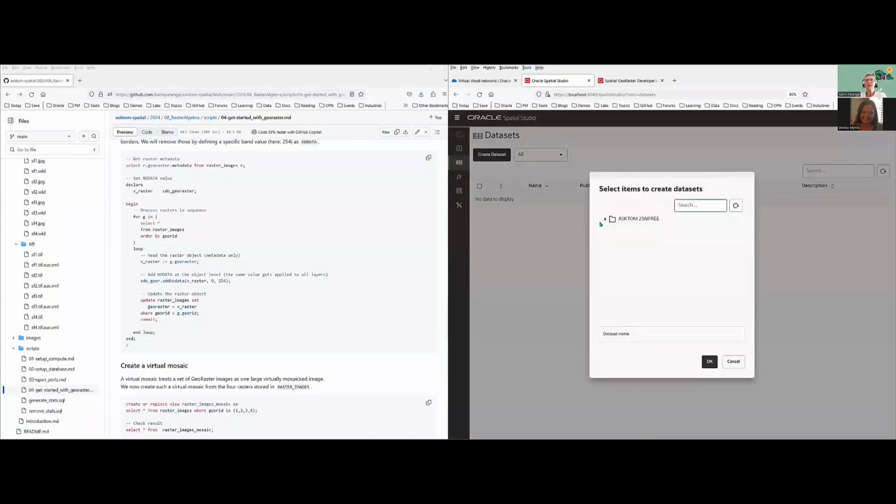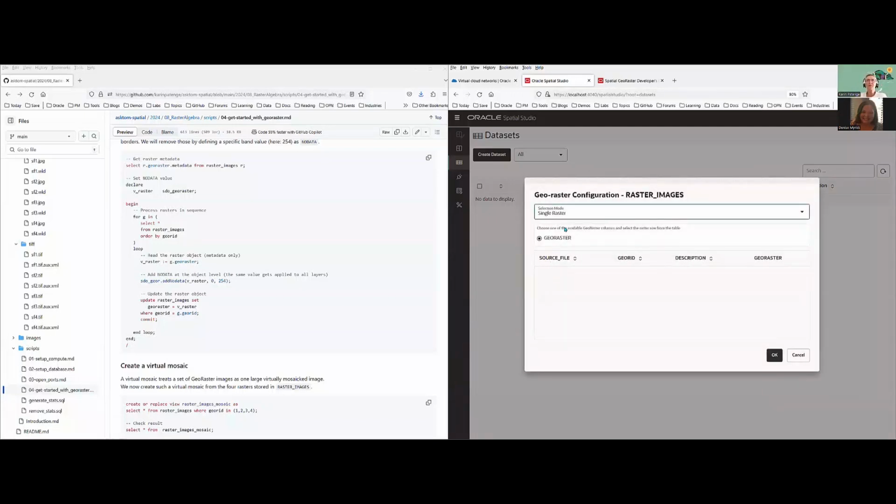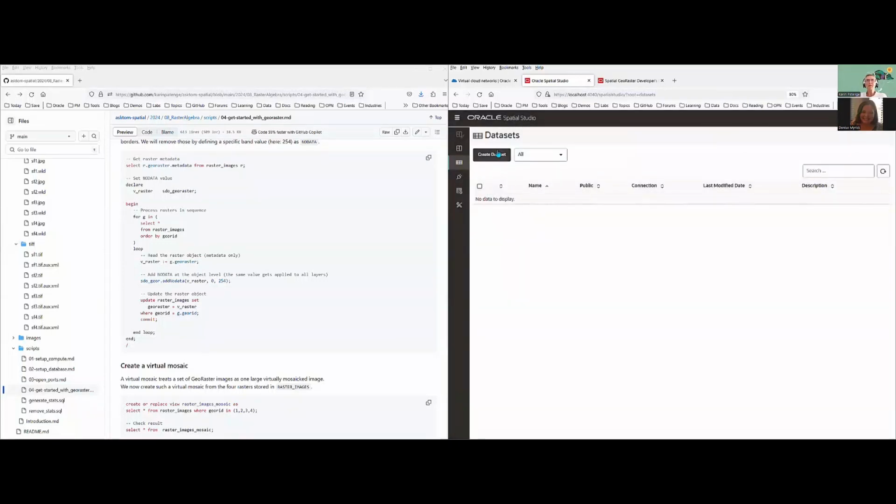And if you say create, you can see here that beside tables, views, we can also read data from GeoRaster. And now, based on the metadata that we created, we know exactly where the raster data are. And here we just create a data set for a single raster. Let's take this first raster. So this is a